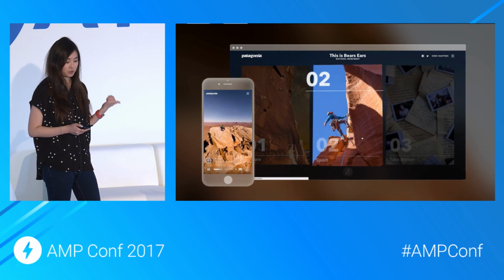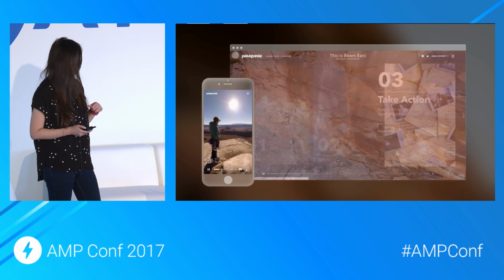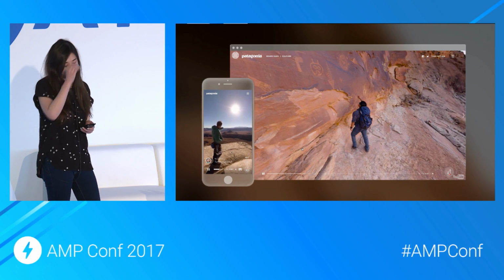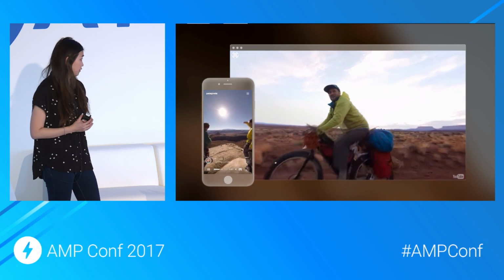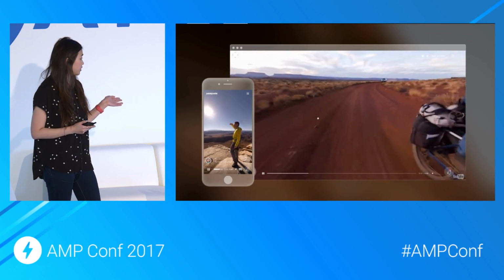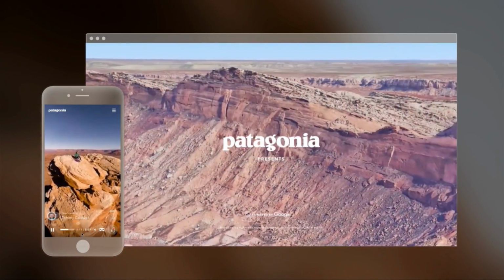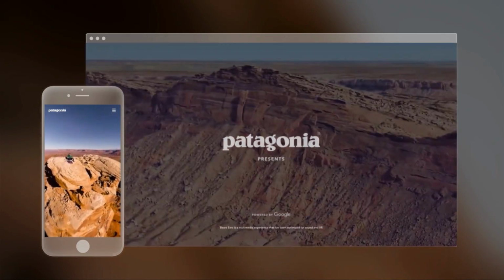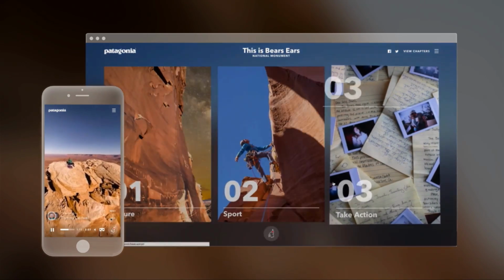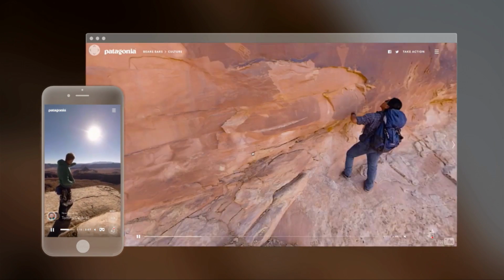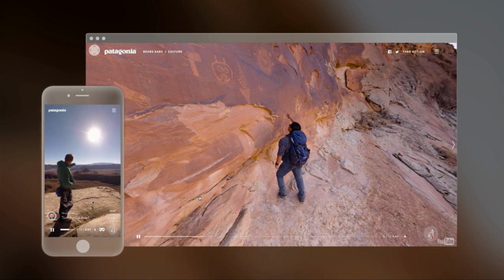It's in partnership with Patagonia, and it's to promote the Bears Ears National Monument in southeastern Utah. And it involves a lot of rich media experiences. There's 360 video, storytelling from locals of Bears Ears, these flyovers from Google Earth, just to really give you background on what the natural features are of that area and to help protect it.